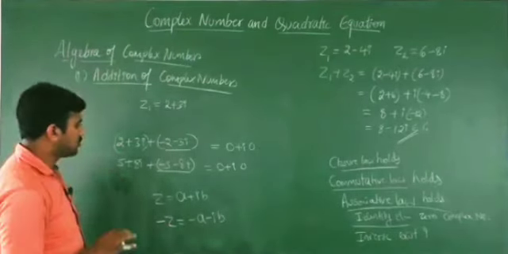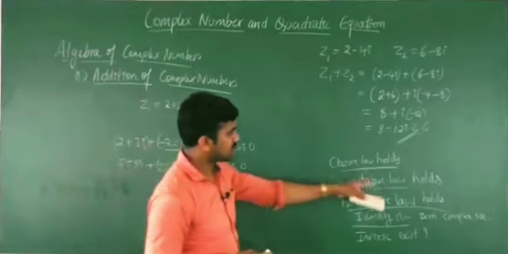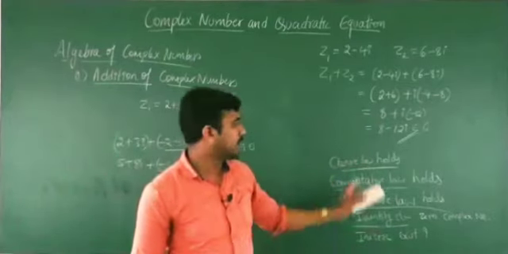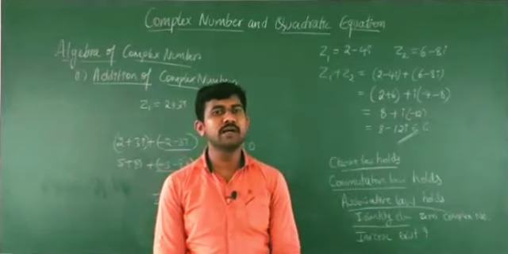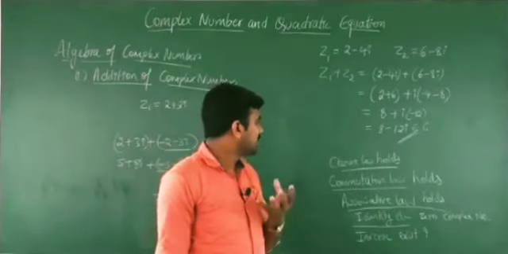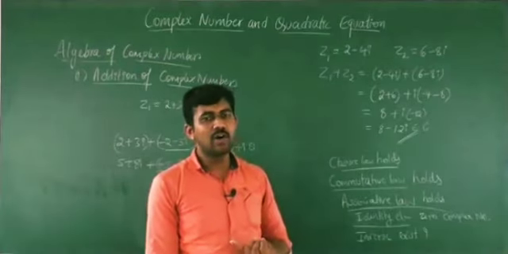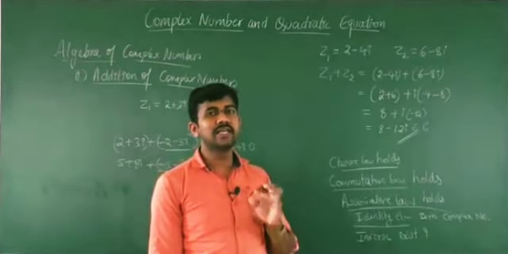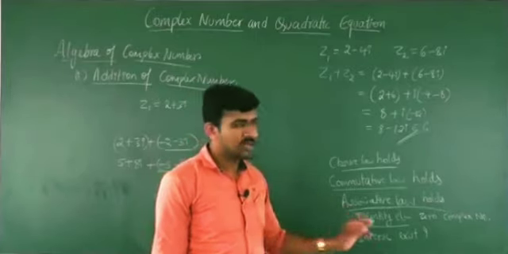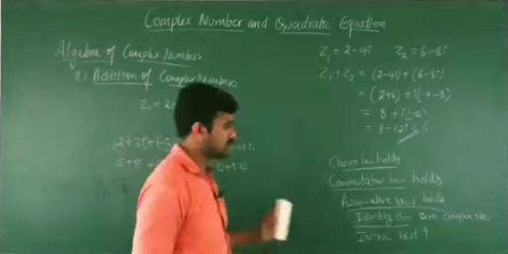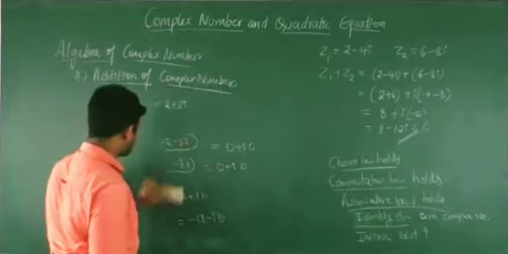Okay. So like this. This is not so important, just remember here how to add complex numbers, and these are the properties. You should know clearly in addition, closure law, commutative law, associative law, identity law all hold, and clearly inverse exists in the addition of two complex numbers. Okay, addition of a complex number like this.